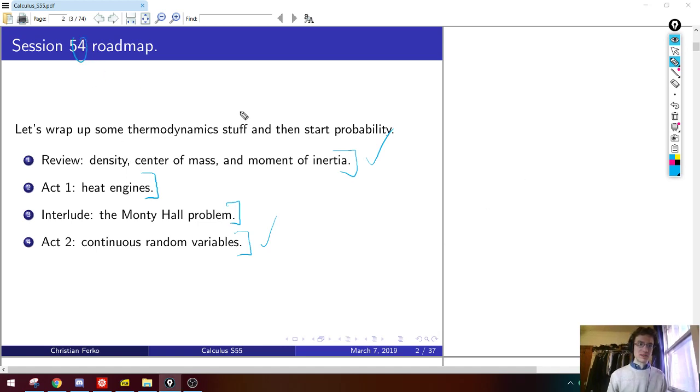Why do I have 54 up here? This is session 55. Sorry, 55. But yes. So now I have a thought. It doesn't look like you have a lot of acts here. Is it going to be 2 hours? We'll see. Maybe. Depends. There's some challenges, so that might eat up a couple minutes. Do you have something else you want to do at the end? Like you want to wrap up earlier or something? No, I was just curious because I saw 2 acts. So I'm like, is this going to be short, or is the heat engine going to eat up 45 minutes? Yeah, it depends on how much we talk about this. This could be a bit long.